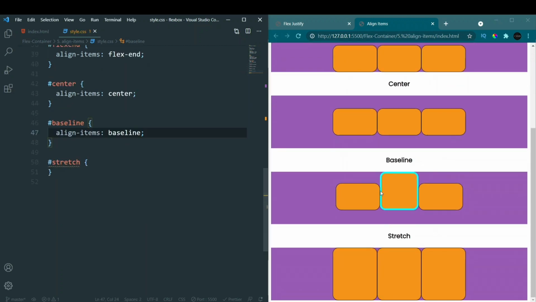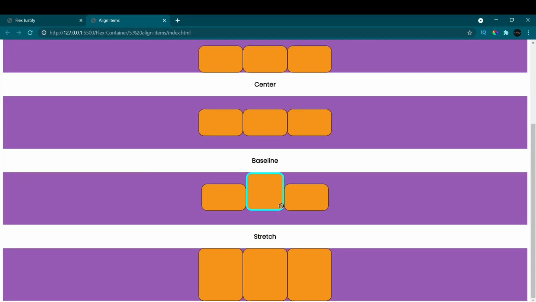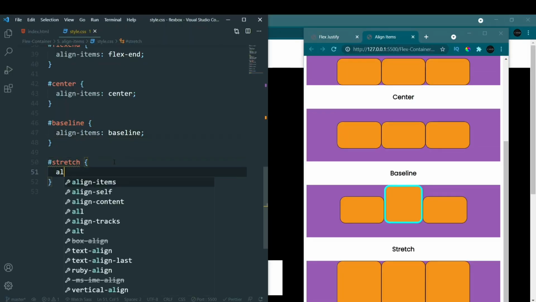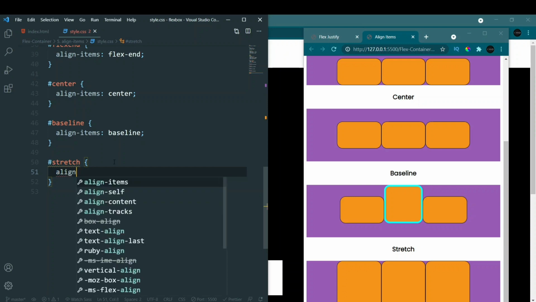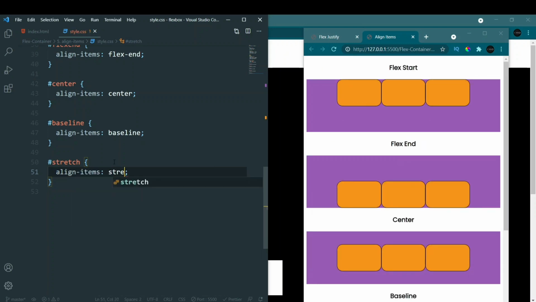What baseline does is it equalizes all of the bases. All the elements will be on one baseline. You can see here the baseline is the same, even when this element is bigger than the other 2 of them, they share the same base. And the last value that we have for align items is stretch.